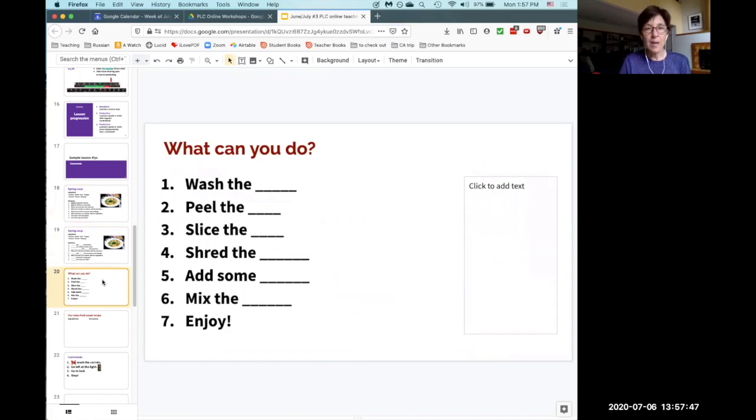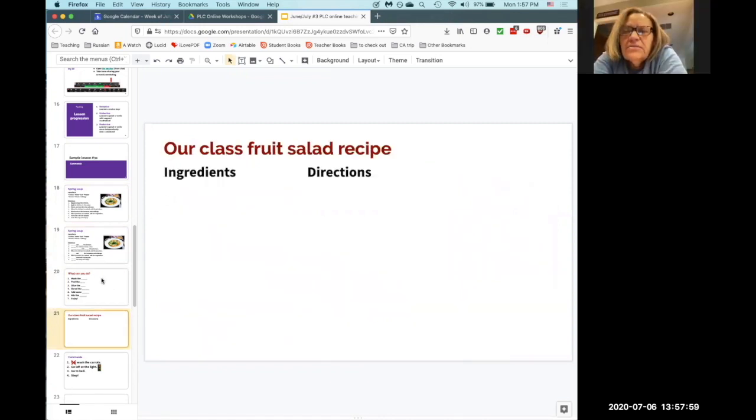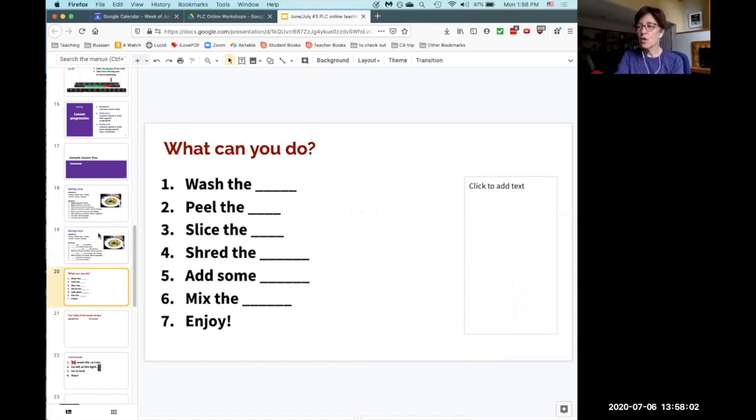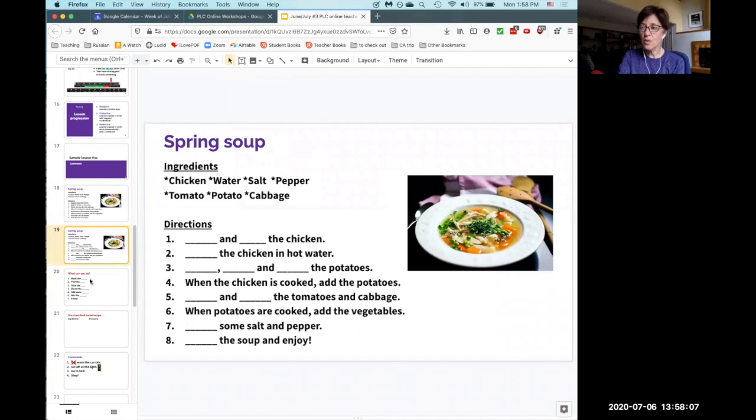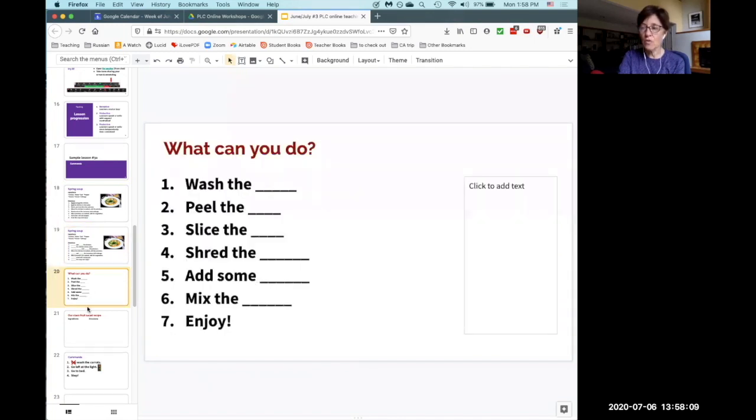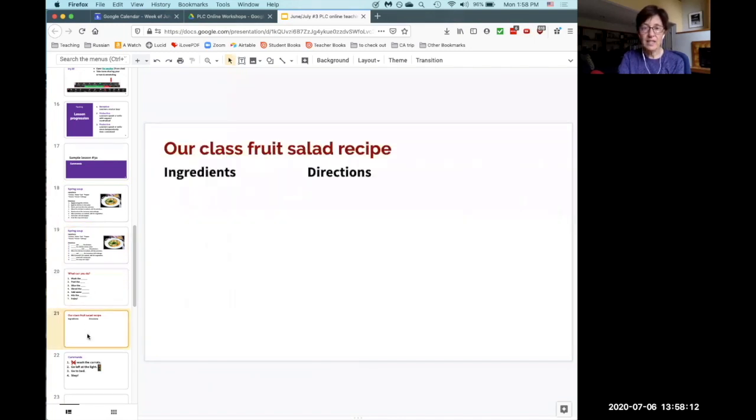Then we created our own recipe. We used those same verbs, those same commands that had been in the recipe before, and we put in our own vegetables or food in them. Then we went, so we're going from completely supported to partly supported to a little bit less controlled to very independent. And depending on the students and how much independence they're looking for, you can just try to be as quiet as you can and just type what they say, or help them if they need it,